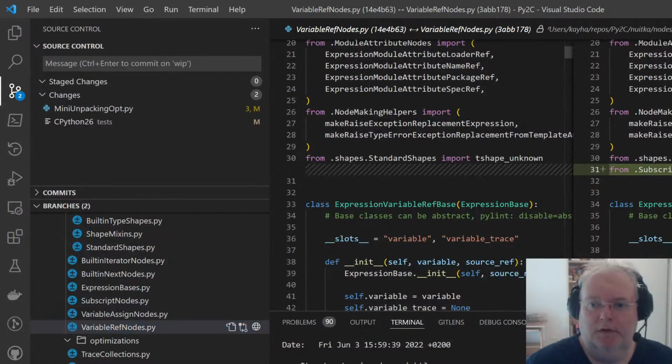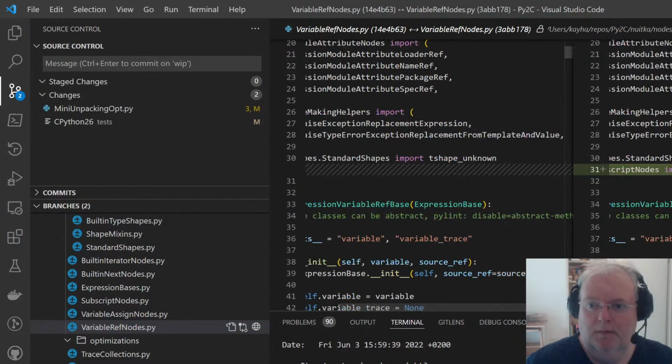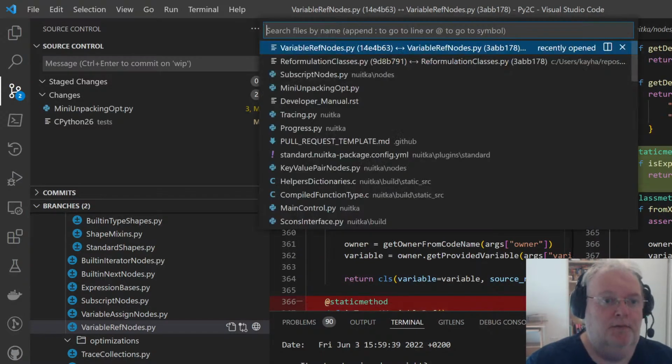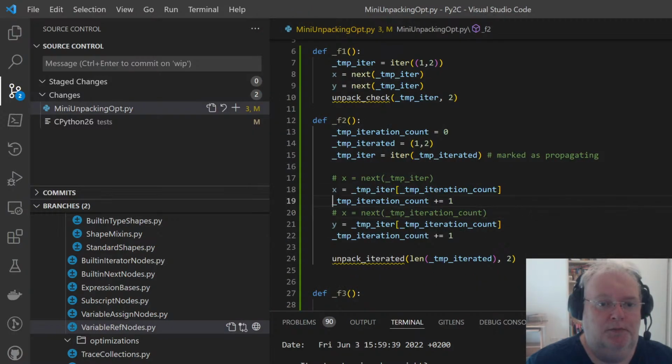So as you can see, this is now importing make expression subscript lookup, because actually it doesn't know the index itself. It's using the temporary variable. So we do not have to be any clever here. So we just use this variable here and put it there, and we're good. So that's, oh wait, temp iterated should also be here, right?